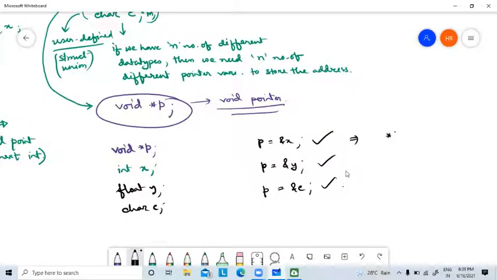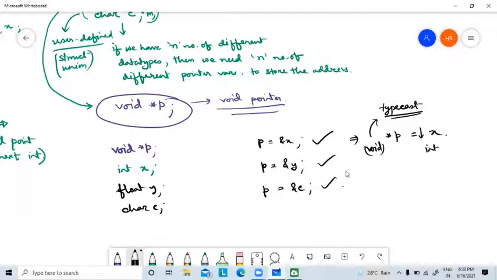Because in this case, p equals address of x, where x is integer and p is void. It means p is not tied to any data type. According to the requirement, if x is integer, I can typecast it. That's why it is declared as a void pointer, so that we can typecast it according to our choice.